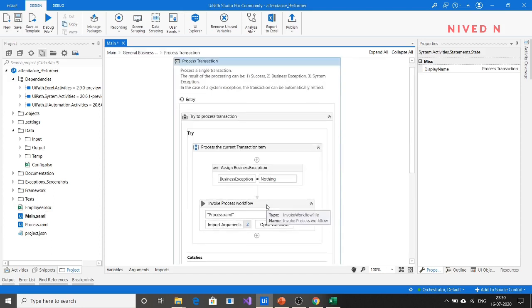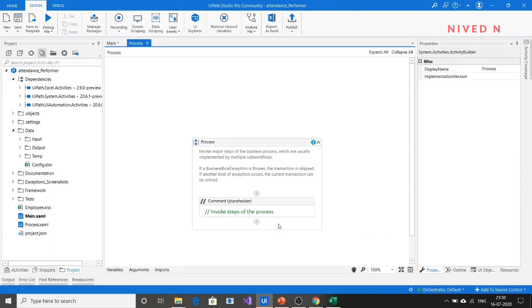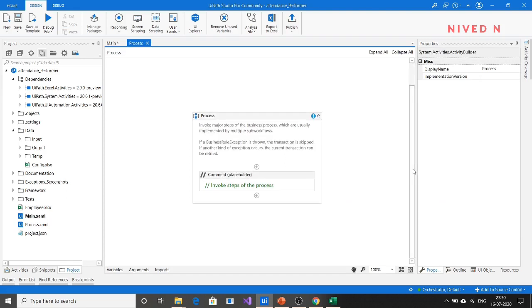Okay, so just open the process XML file, and for that we have to create two workflows, two sequences.